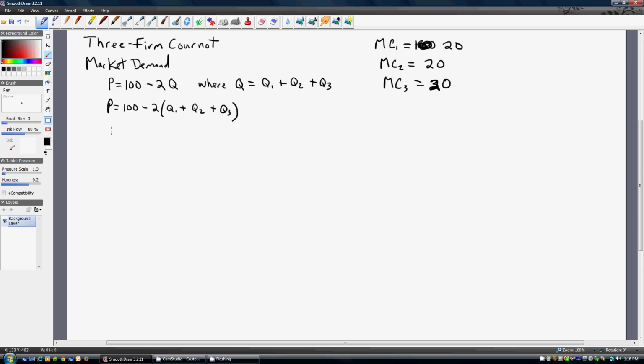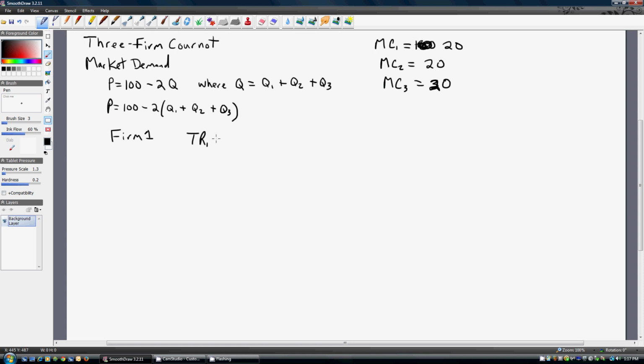Alright, so we're going to start with firm 1. And the idea here is to solve for firm 1's reaction function. We're going to do that by setting the marginal revenue for firm 1 equal to its marginal cost, and then solving for firm 1's output, Q subscript 1. So let me show you how to do that. So from firm 1's perspective,